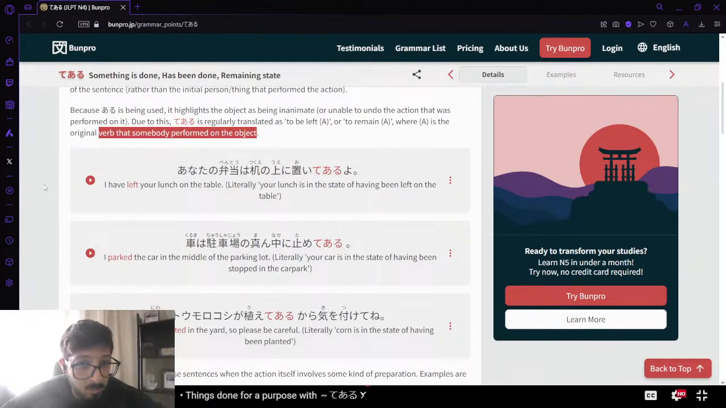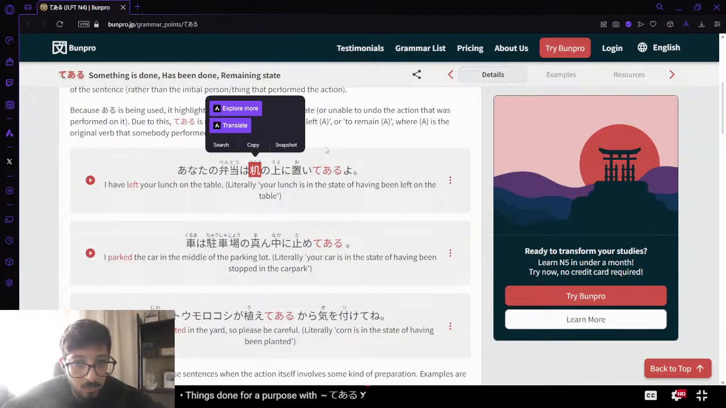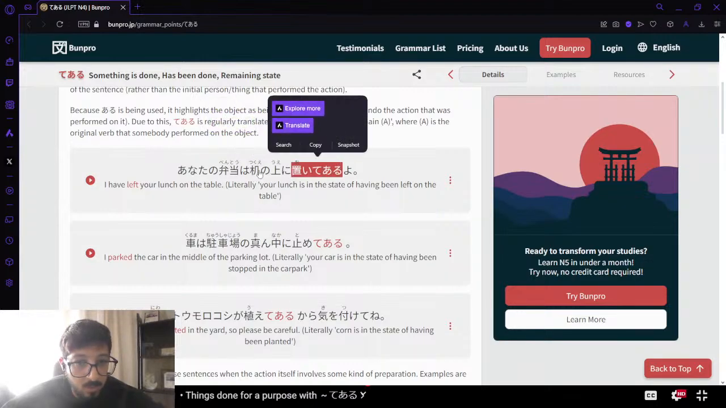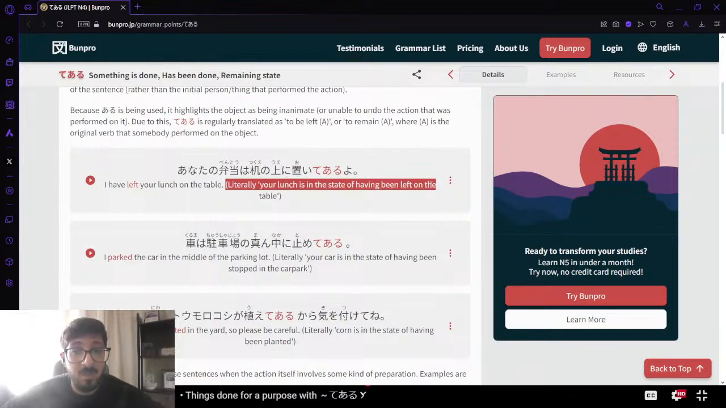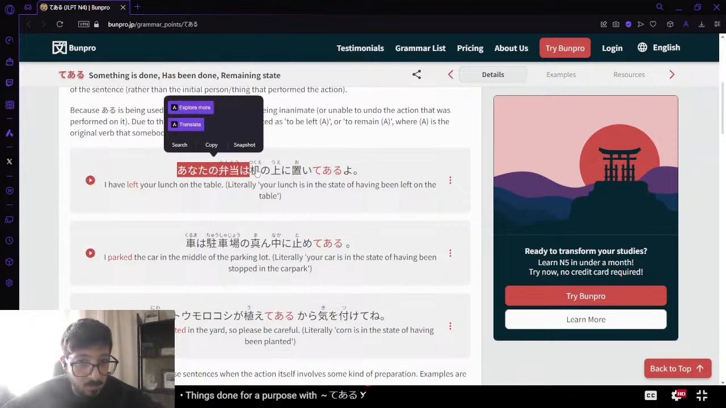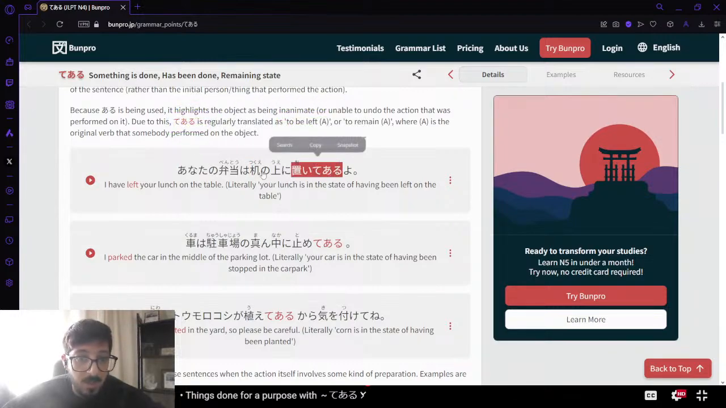あなたの弁当は机の上に置いてある。Your box lunches are left on top of the desk. I have left your lunch on the table. 置いてある, literally, your lunch is in the state of having been left on the table. あなたの弁当は机の上に置いてあるよ。